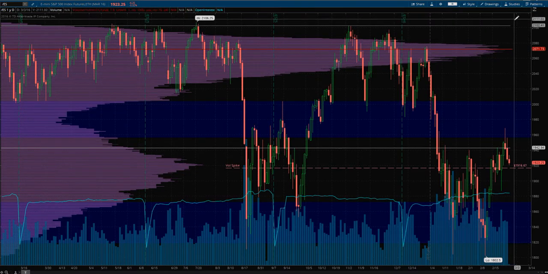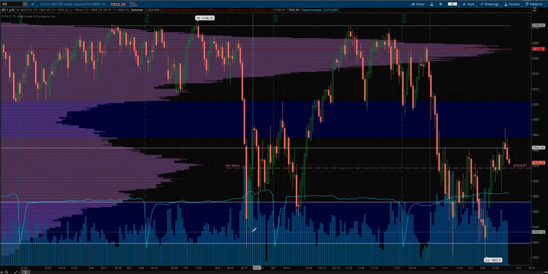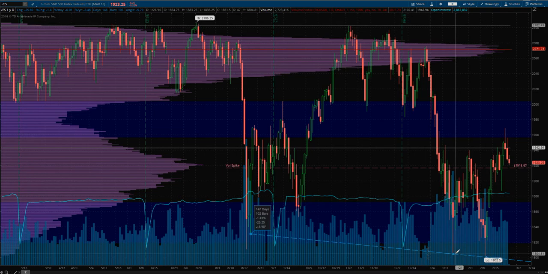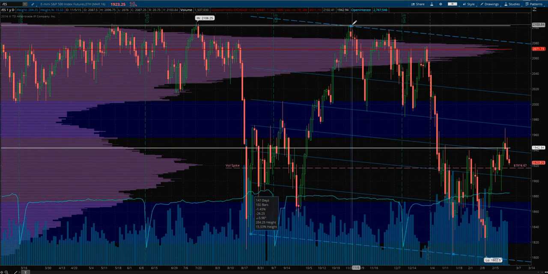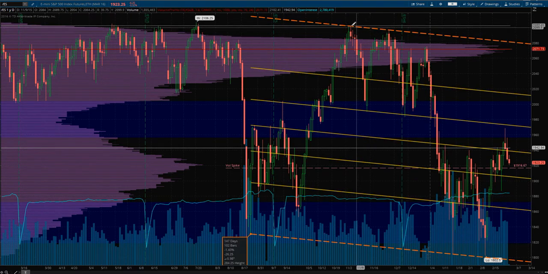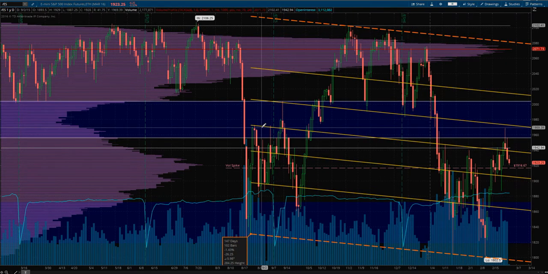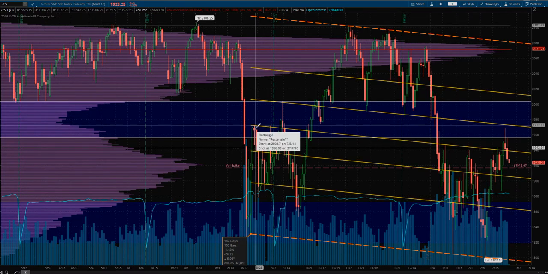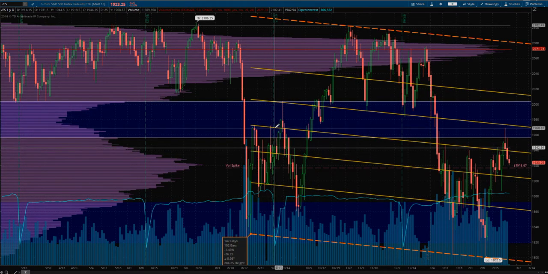If we shrink it down into a 1 year, we can just draw a downtrend there. We can see the downtrend here and the downtrend at the top of range channel very well, so we can leave that there. We can also see that the price within the channel on the left side broke here